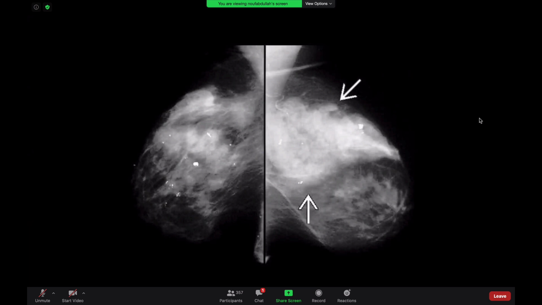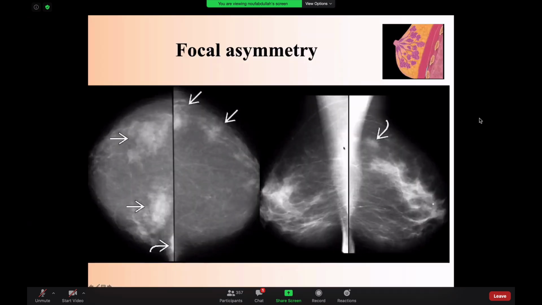If I compare right to left, the right and the left are not symmetrical. You can see that the left breast has more density or asymmetry. I see a large area of the breast, composing more than 25% of the breast parenchyma. So I am dealing here with global asymmetry. However, there is no underlying mass. I don't see convex margins. I don't see spiculation or microlobulation. So I'm dealing with global asymmetry.